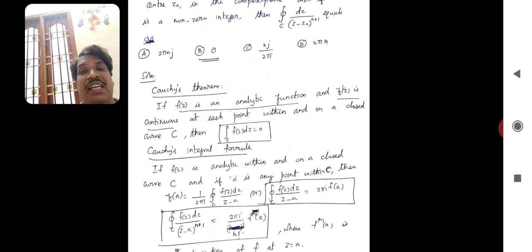Coming to Cauchy's integral formula, if f of z is having a singular point z equal to A which is present inside C, and the important thing is the singular point or pole z equal to A must have order 1, then we can apply Cauchy's integral formula. So if the pole